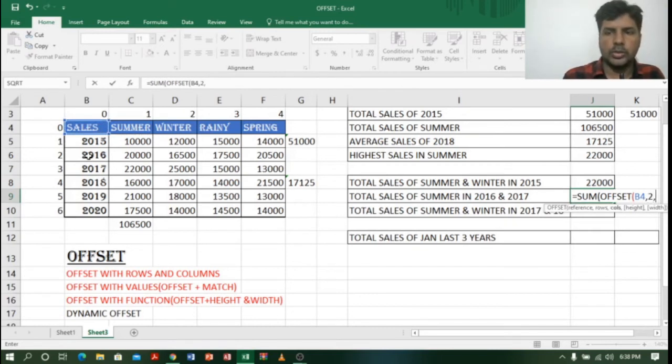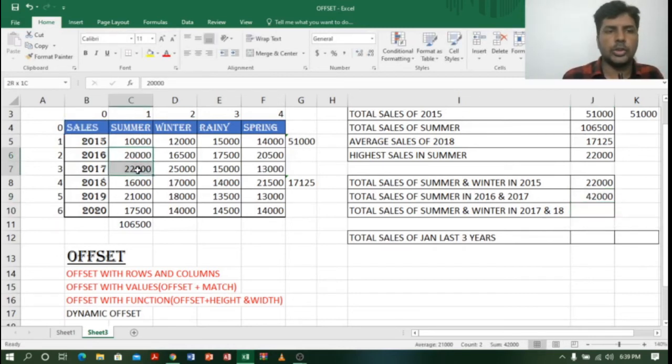So second row and first column, comma. Okay, and what we want to find? We want to find down, right? 2016 and 17. So height will be 2 and width will be 1, right? Close bracket, enter. See, 42,000. So 22,000 and 20,000, 42,000. Nice.